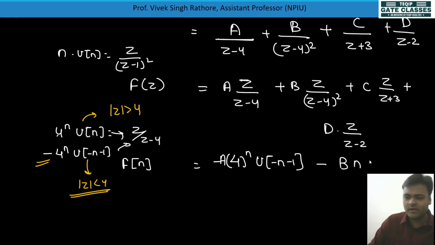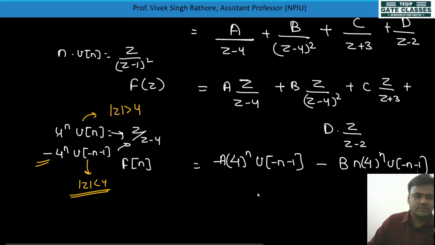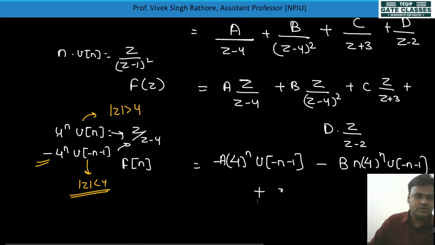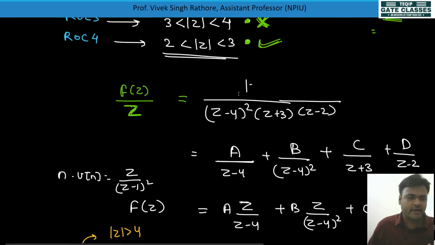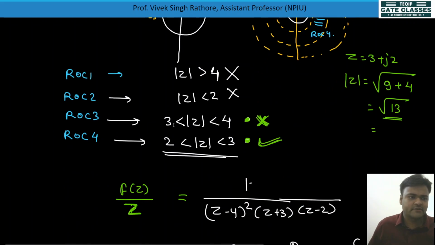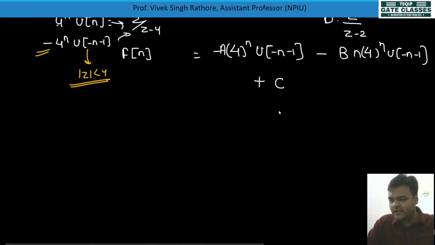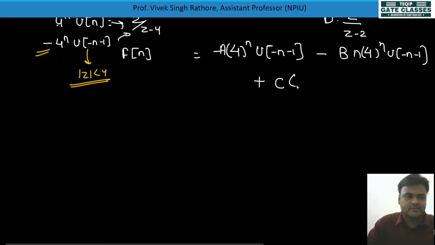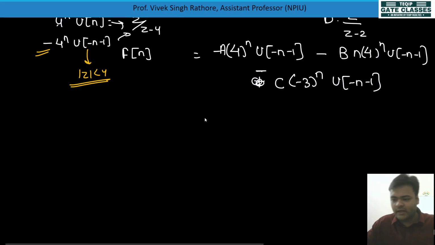So n is there, okay, and now 4 to the power n u of minus n minus 1 will be there only. For c value we will get, see, c is there only, right? Okay, z plus 3 means pole at -3. So this value should be inward only. So here also we'll take the same thing, and poles at z plus 3. So we'll take here at -3 to the power n, right, and u of minus n minus 1 will be there, and this will be a negative value, right? Okay, now final